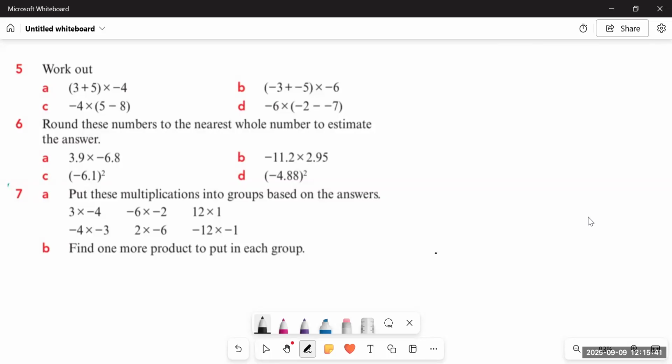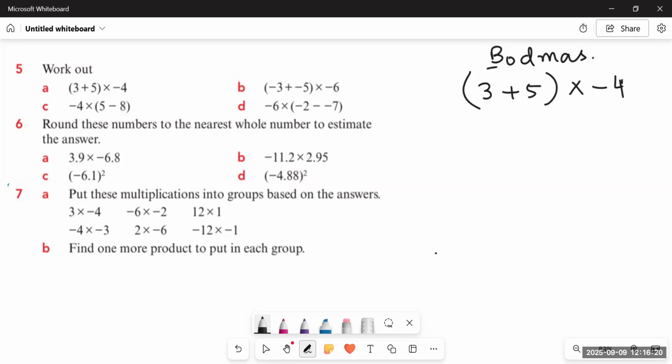Here comes the next question. Now we are provided with three numbers. Two of them are in brackets and the third one is outside. So first we are going to solve the bracket and then we will move to the next term. So if it's 3 plus 5 multiplied by minus 4, we cannot multiply 4 with 5 until we have solved the brackets because the BODMAS rule says B for brackets. Before even solving for division, multiplication, addition and subtraction outside the bracket, first of all, we have to solve the brackets. Whatever terms are inside the bracket, first we are going to solve them.